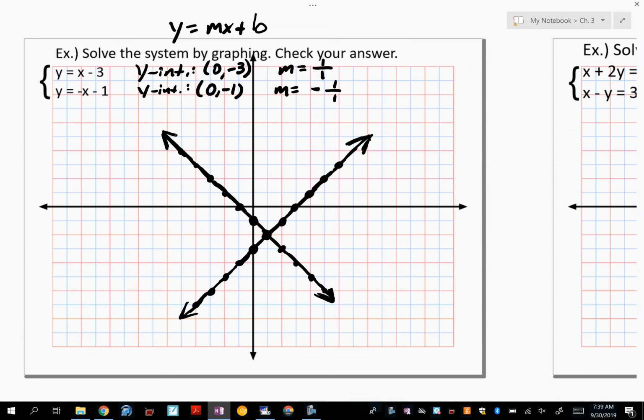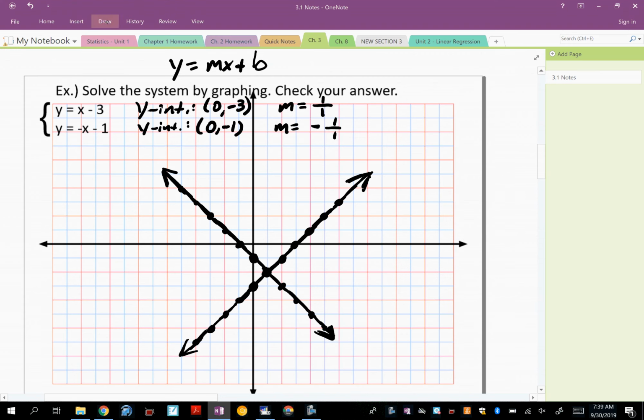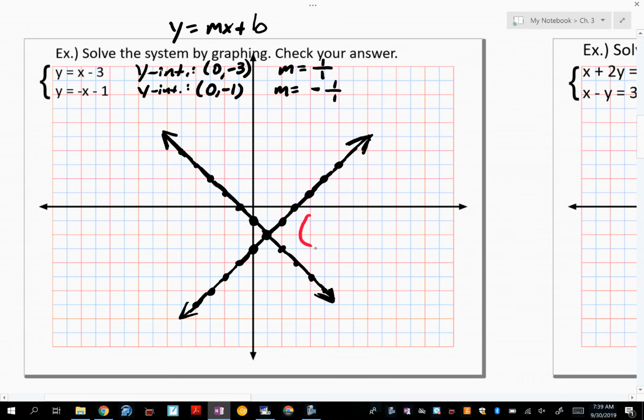Okay? So today, with graphing, you're looking for the intersection point of your two lines. Okay? So let's see. Use a different color here. What is that ordered pair? Very good. It is (1, -2). Well done. Now, this is a little bit more than you need to do, but